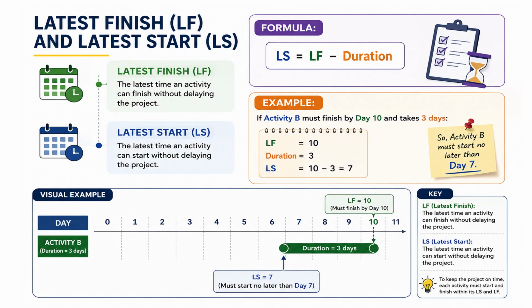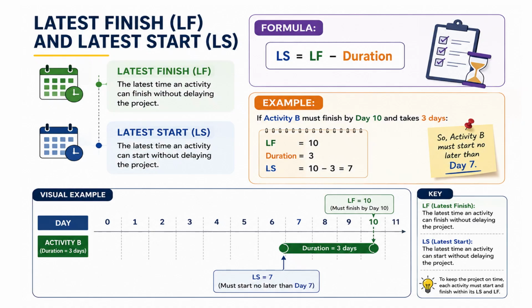So LS equals 10 minus 3, which is 7. This means activity B must start no later than day 7. If activity B starts after day 7, it may delay the project. This calculation is useful because it tells the project manager the latest safe time to begin an